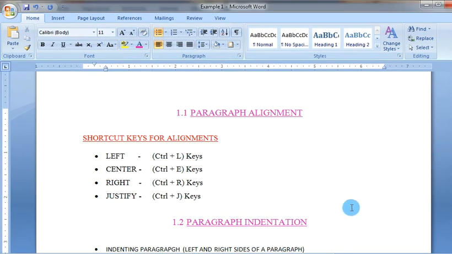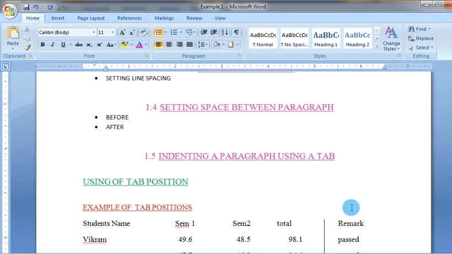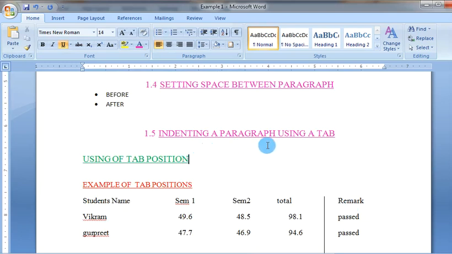Now the next point is indenting a paragraph using a tab. How can we use the tab function? We are going to use the tab key present on the keyboard.